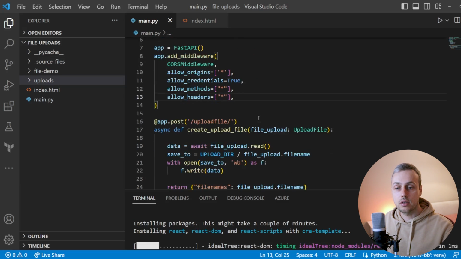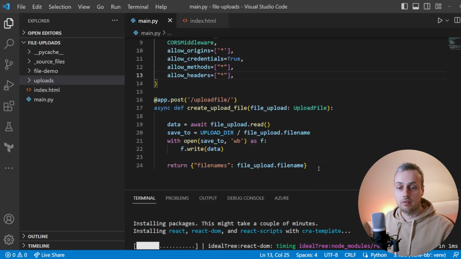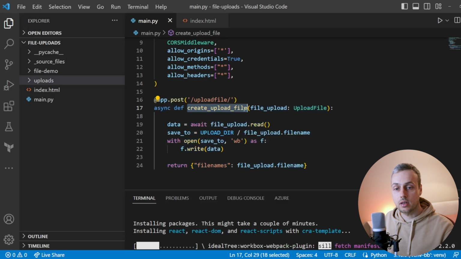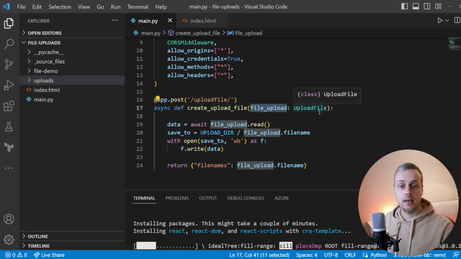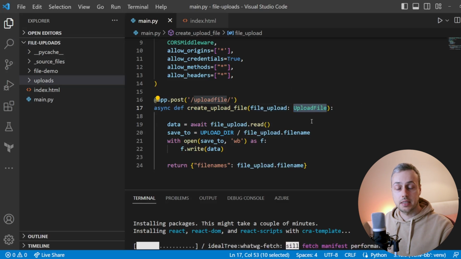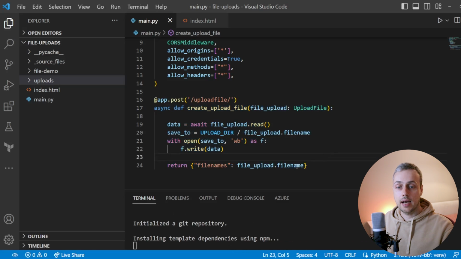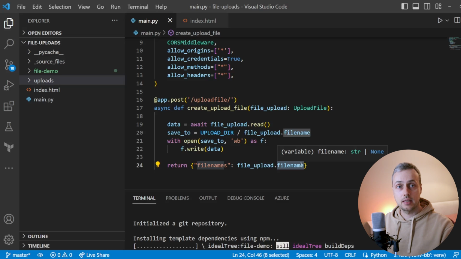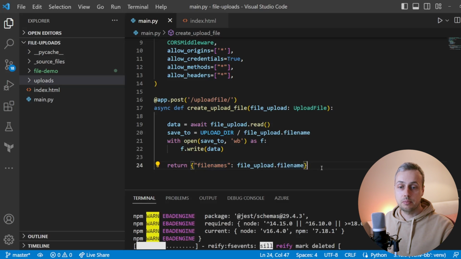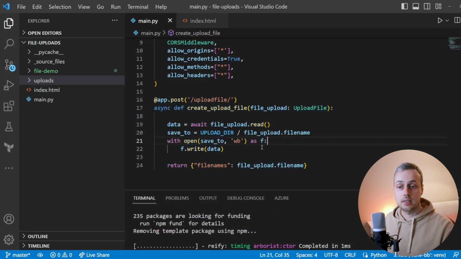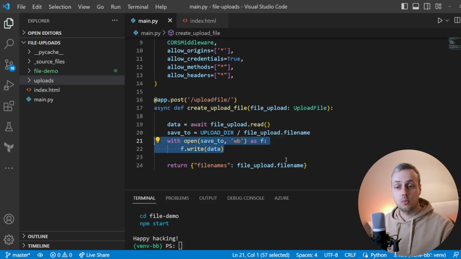While it's doing that, let's remind ourselves of the setup we had before. We have a FastAPI endpoint called create_upload_file that takes a POST request, and that has a parameter called file_upload, which is of the type UploadFile from FastAPI. The UploadFile object is a convenience wrapper around Python's SpooledTemporaryFile object. This object has methods such as read, which is an asynchronous method, and it has an attribute called filename as well, so you can access the name of the file that's been uploaded. Now this endpoint is just going to take an uploaded file and save it to the file system at the location that we specify there,